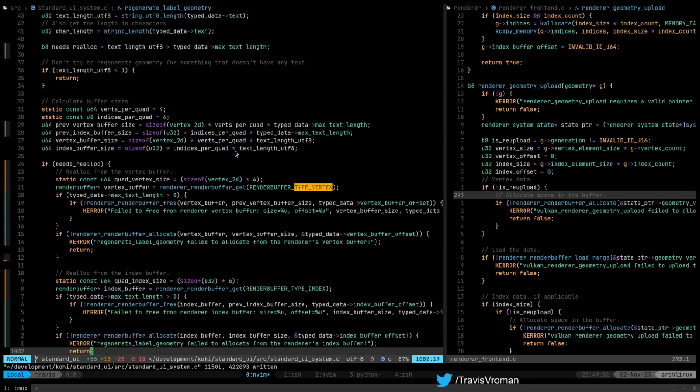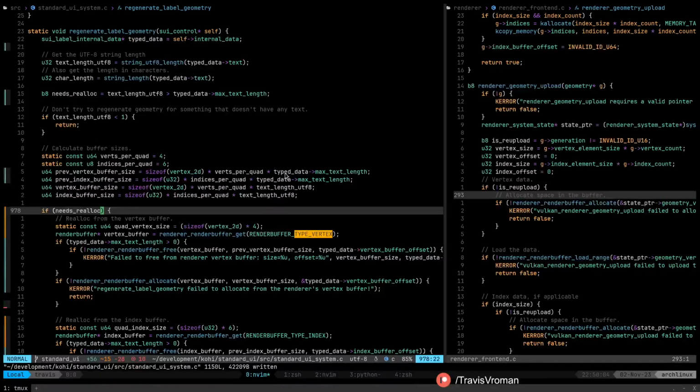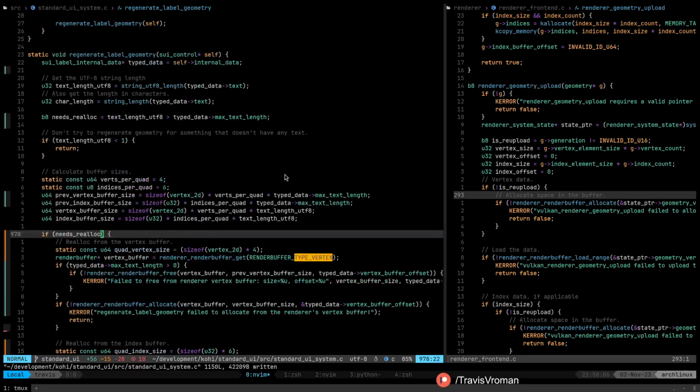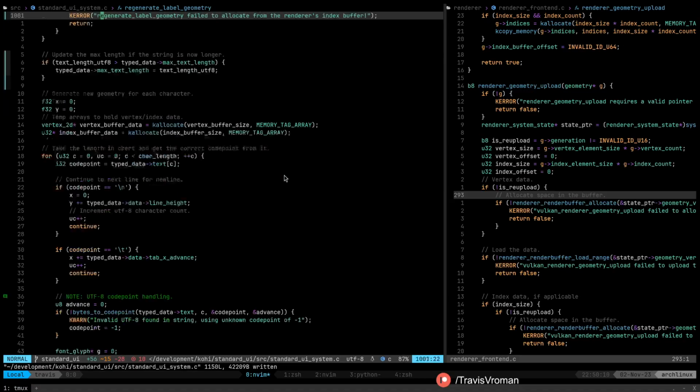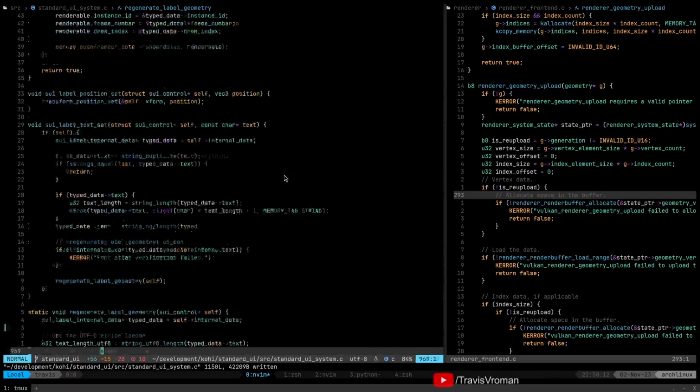Right. Okay. I think that's going to work. There may be some issues around empty strings here that I'm not thinking of. The rest of this, I think, should be okay.